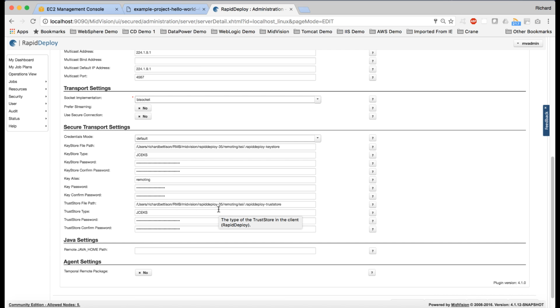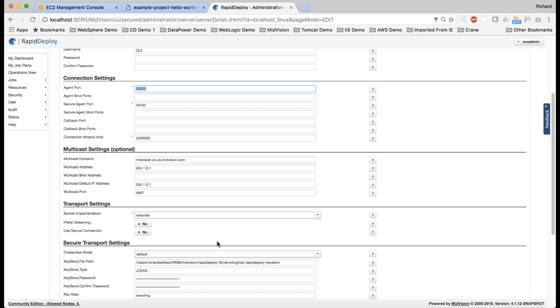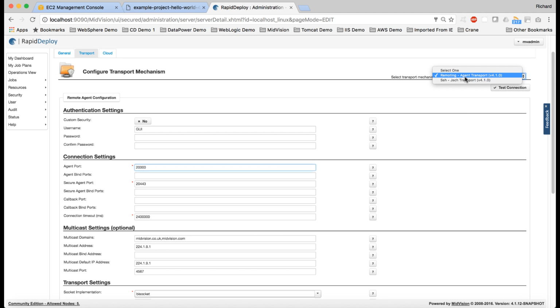So RapidDeploy will create an SSL connection if you wish it to, if you use secure connection between the RapidDeploy server and the agent running on a remote server, and it will create the certificates and share those certificates for mutual authentication. And there's a number of other things. I'm not going to go into too much detail on that. If we look at the SSH,